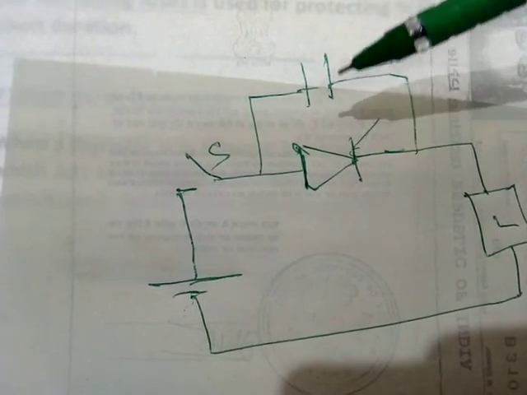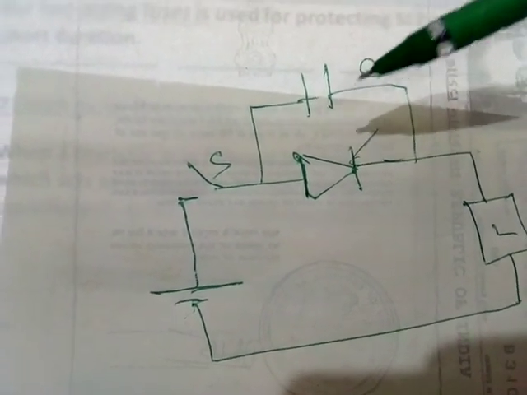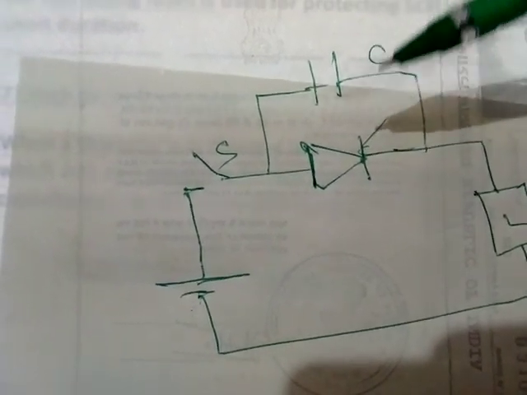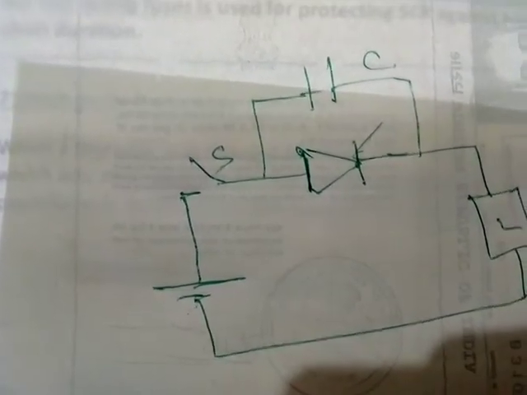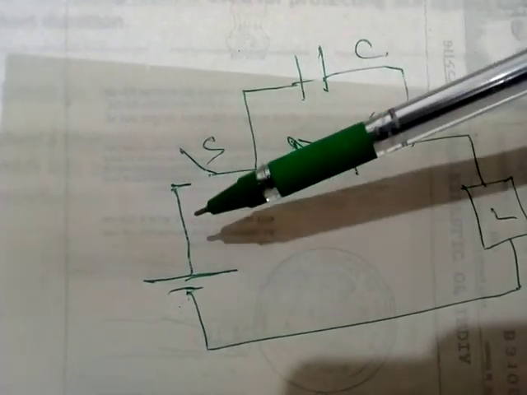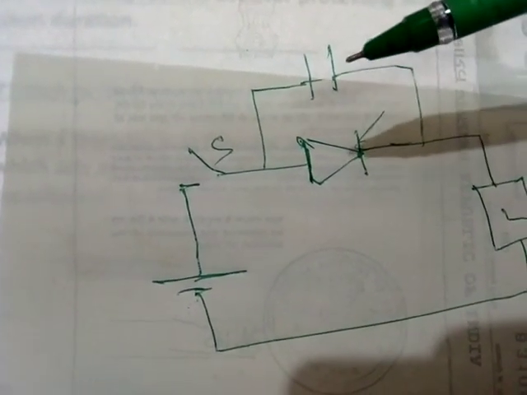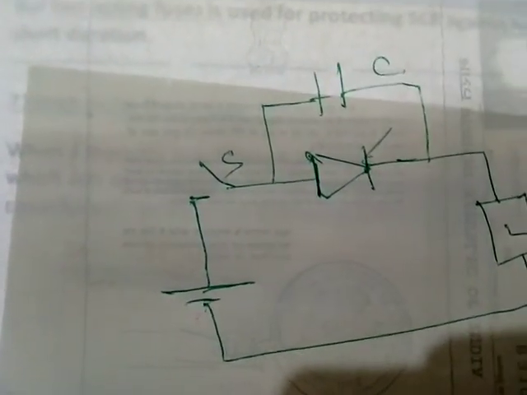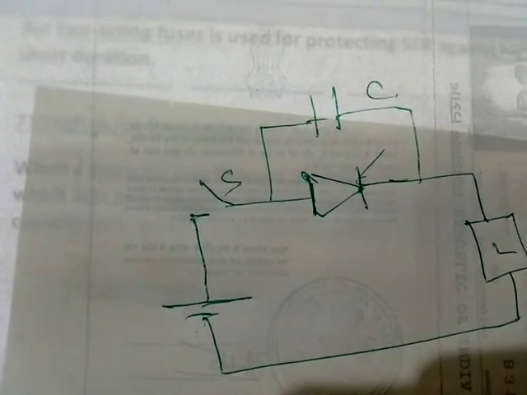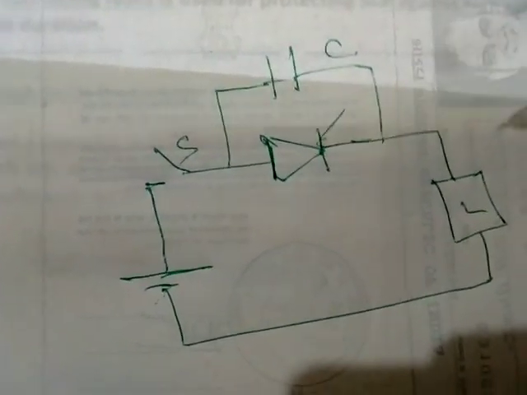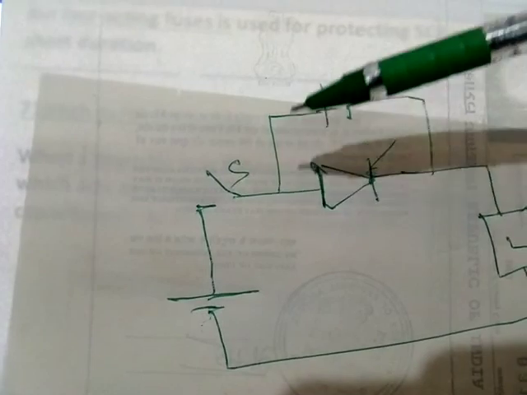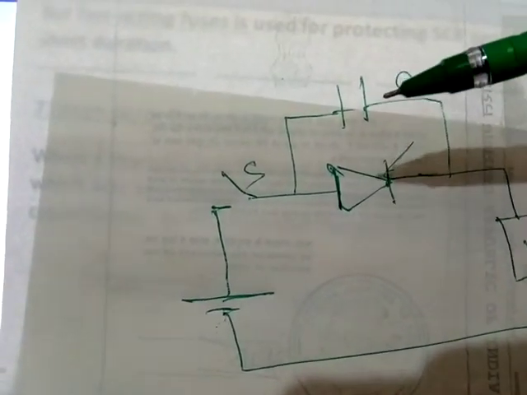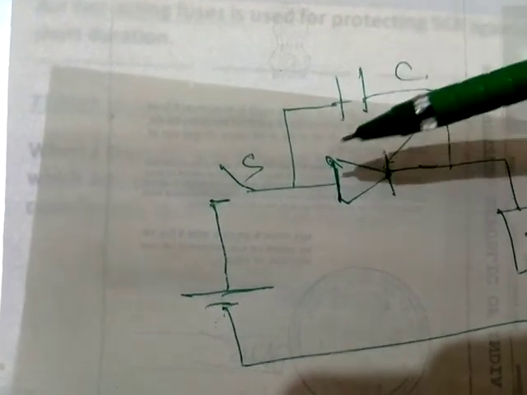When you put a capacitor here, the capacitor will act as a short circuit initially. Short circuit means its voltage will be 0 initially. Even if you close this, voltage here will be 0 only, because voltage across the capacitor cannot change instantaneously. The voltage can develop there only after current flows through the capacitor, meaning the capacitor should charge, then only voltage can build up there.